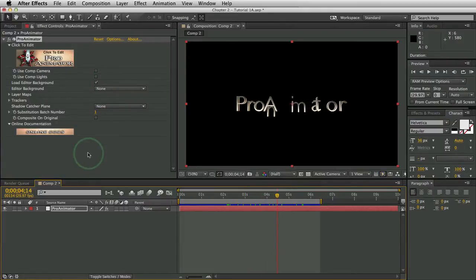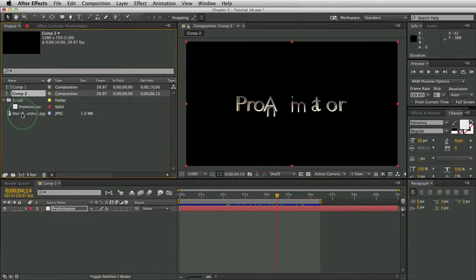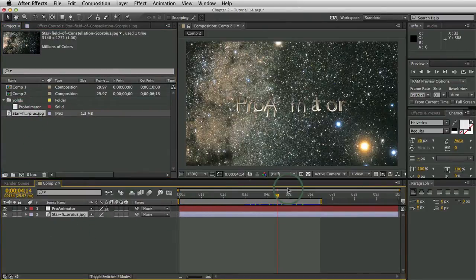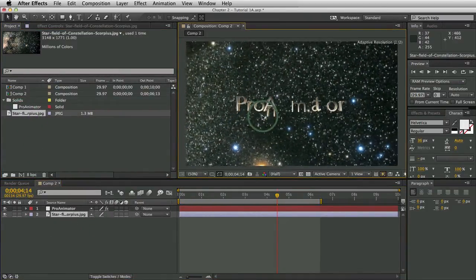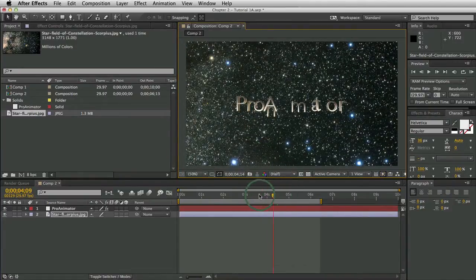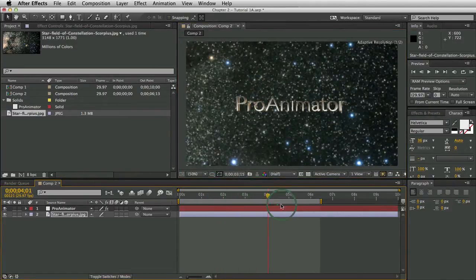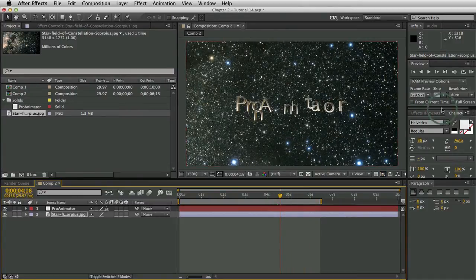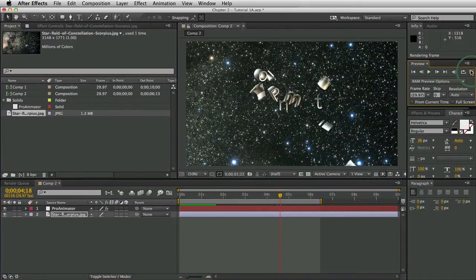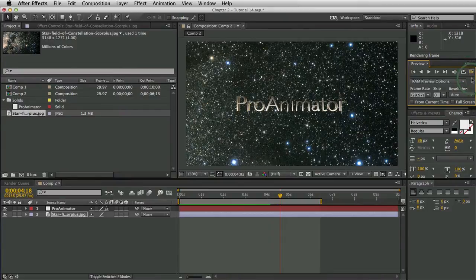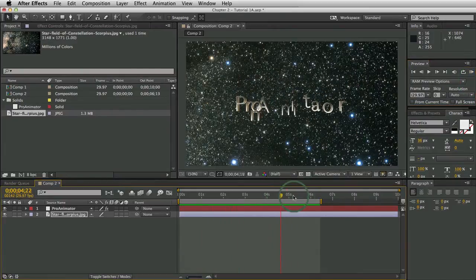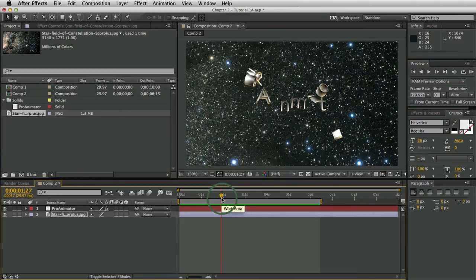So at this point, you're done. You're done with the Pro Animator. Anything else is just standard After Effects stuff. So like if I brought this star field in here, and I bring this down, you see now the Pro Animator is just a comp on top of all the other stuff that I'm doing. So I can still do a RAM preview on this, and whether it's moving footage or special effects or anything else that I'm laying on top of it, it's all going to work just fine and dandy, just like that. So that was the entire workflow.